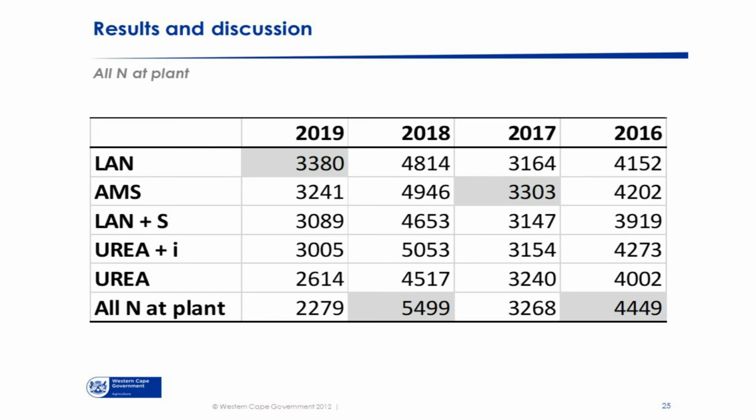Then there's also a question from farmers when we started this trial: why can't we apply just all nitrogen at plant? And what we've done is we applied in this area, the recommendation was 78 kilograms of nitrogen. So in 2019, LAN produced the best yields, but at plant was very close to it. All in at plant, 2018 was the best, and then 2016 again. So it can work to apply all nitrogen at plant, but I myself am not a great fan of propagating that.